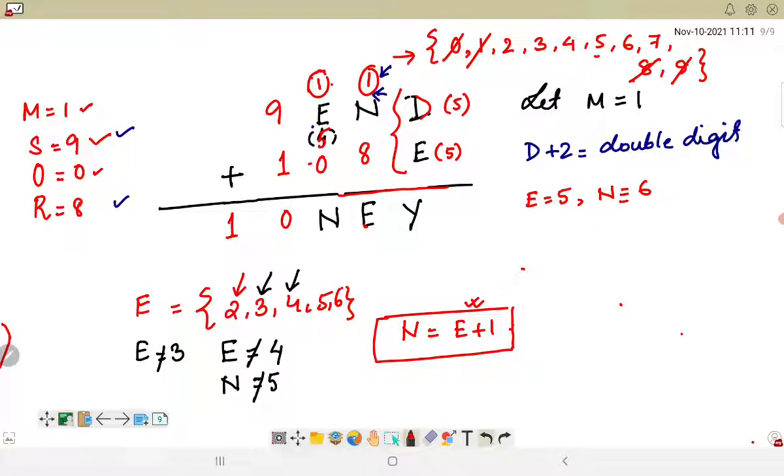If E is equal to 5, suppose I am considering D as 5. This will produce 10, which is not possible. If we are considering 6, then it will produce 11. That is also not possible. Okay. So the next thing that we have to explore is if we are considering 7. So what if I am considering here 7? 7 plus 5 gives us 12. So 12, that means 2 remains here and 1 goes here. Is it possible? Yes, it is possible.